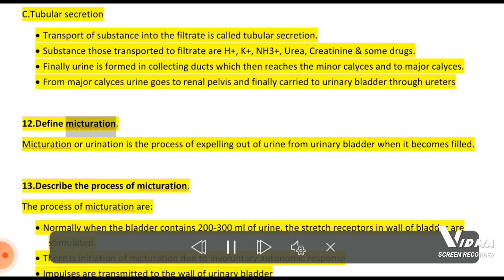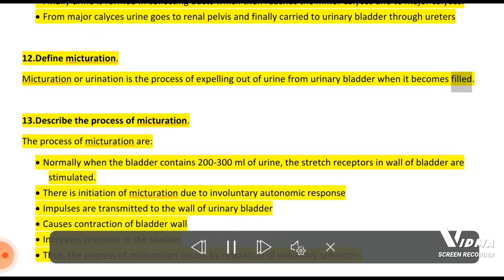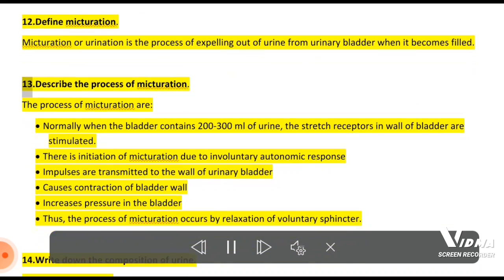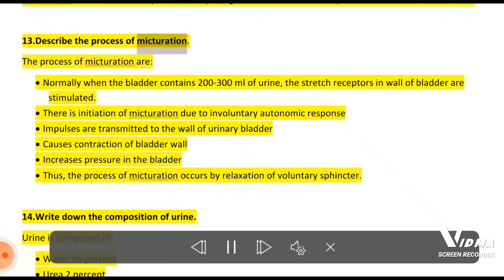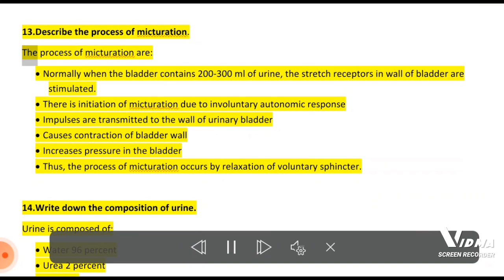12. Define micturition. Micturition or urination is the process of expelling urine from the urinary bladder when it becomes filled. 13. Describe the process of micturition. The process of micturition is as follows: